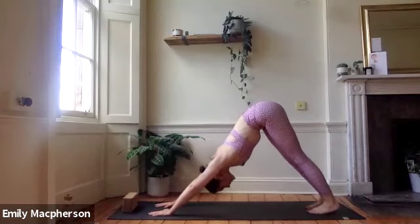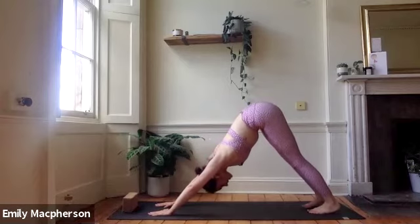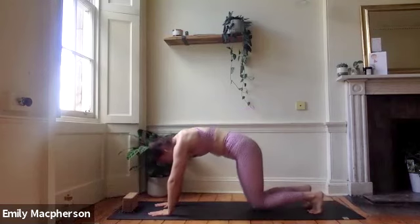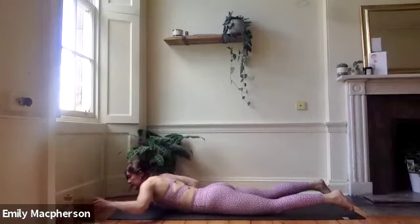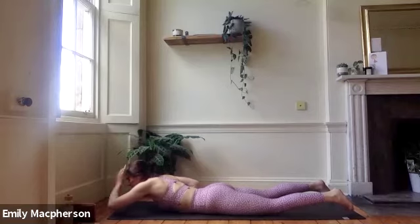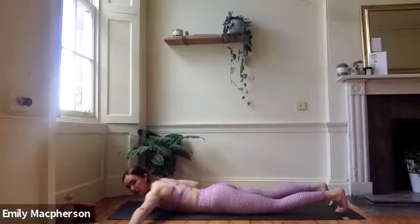Push your chest to your thighs, tailbone nice and high. Maybe paddle the feet. Take a big sigh. And then let's come down onto our knees and then onto our stomachs in whatever way feels good. Let's just do some quick shoulder rolls. It was very intense in the planks today, so bring your left arm wide at shoulder height, palm to the